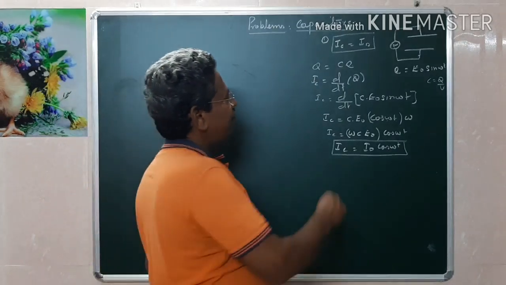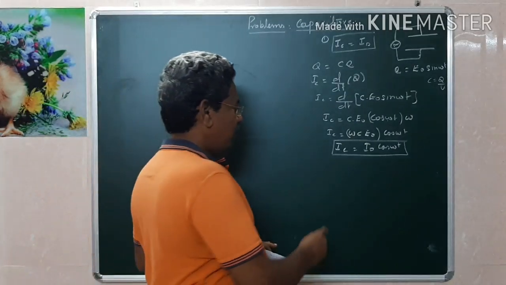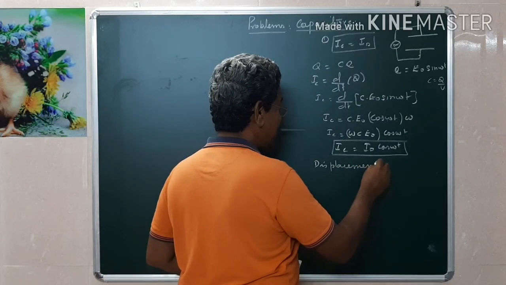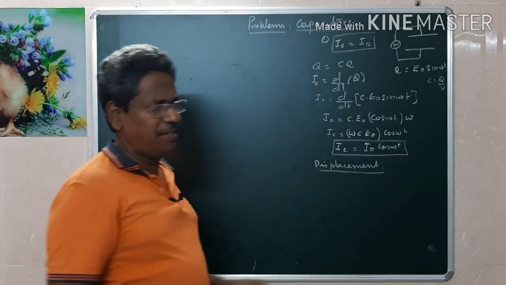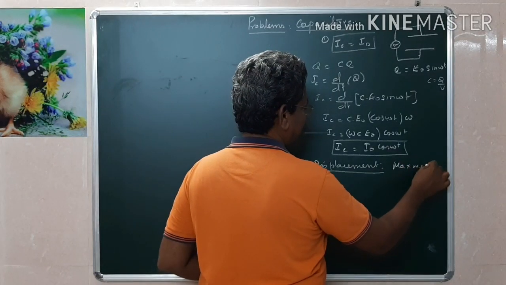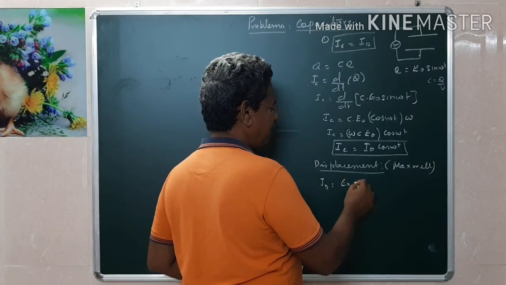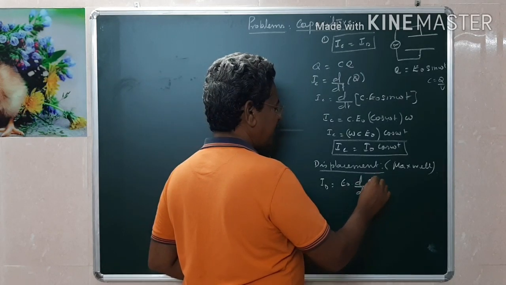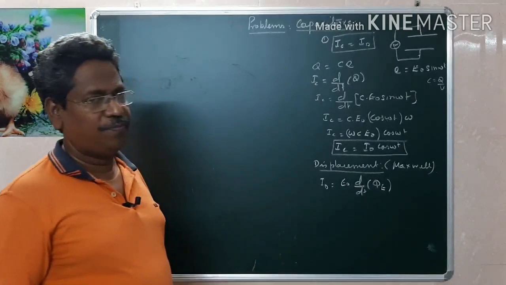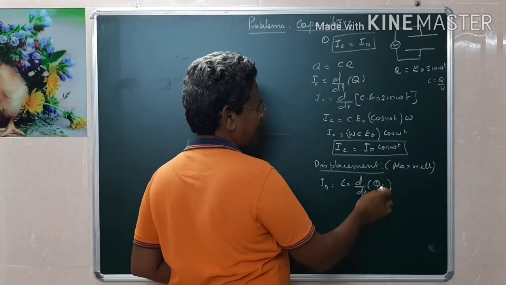Now we have to prove that this current due to the charging of the capacitor is equal to the displacement current. What is the formula for displacement current? It is given by Maxwell's equation. Now I am taking the formula. According to Maxwell, the expression for displacement current ID in a capacitor is given by epsilon naught into d by dt of the electric flux phi, the flux due to the electric field. That's all. And this is Q, this is not phi, this is Q. This is Q and this is phi.